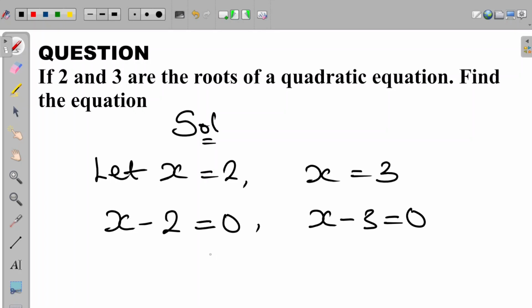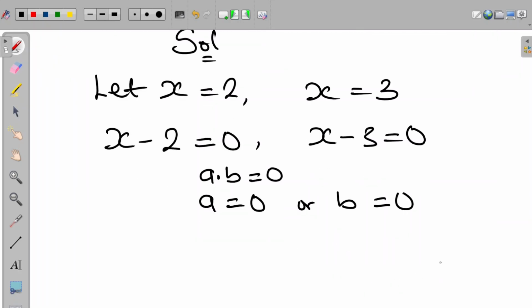We have established earlier that if we have a multiplied by b equal to 0, it is either that a is equal to 0 or b is equal to 0. Thus, we have that x minus 2 multiplied by x minus 3